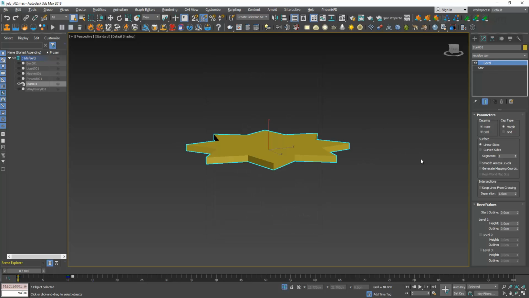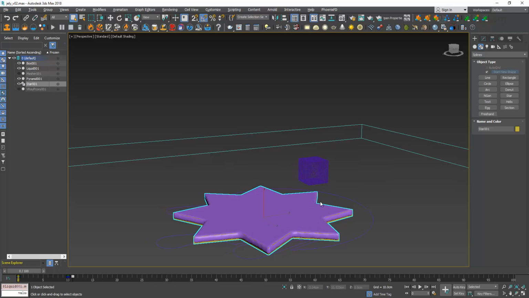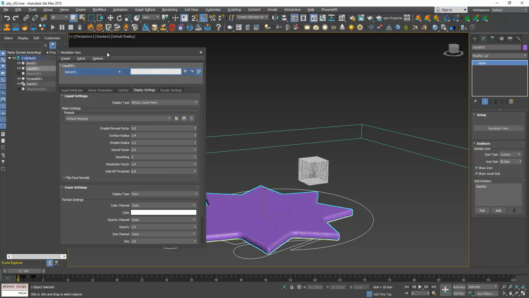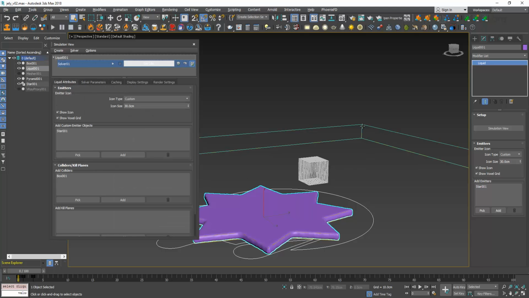Now I add a bevel to make a volume object. And inside of my liquid emitter, I use this star as an emitter here. Like in the last lesson, we use the object as an emitter for the liquid. And basically inside of the solver, with liquid attributes, I add this box as a collider and I go to